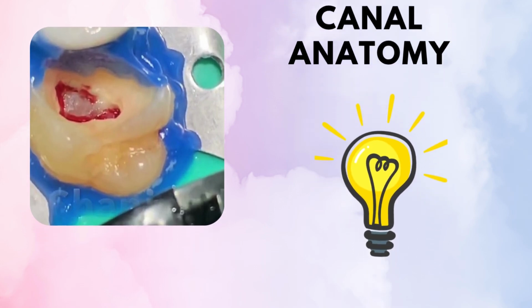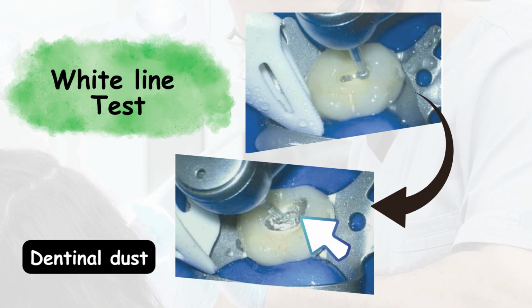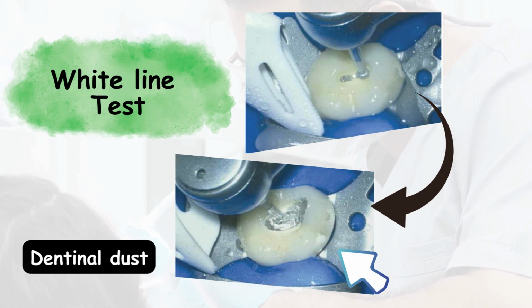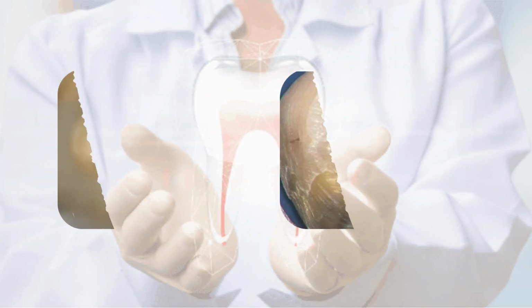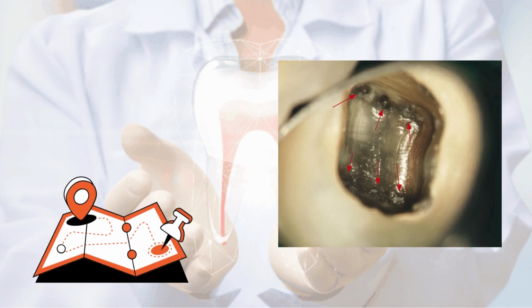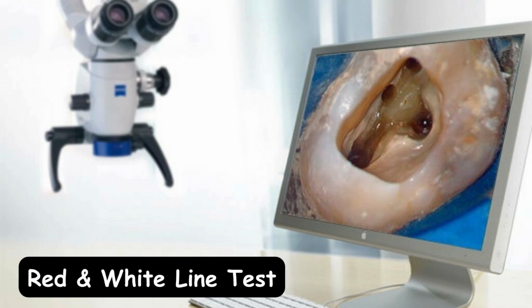underlying anatomy. The next method involves the collection of the dentinal dust in any accessible anatomic areas while performing ultrasonic procedures in necrotic teeth without using water. This dust can appear as a white line or white dot inside a hidden orifice or an anatomic fin or groove. On the pulpal floor, this observation can give a clear anatomic roadmap. We do require endodontic magnification while performing the red and white line test as they can be misleading at times.